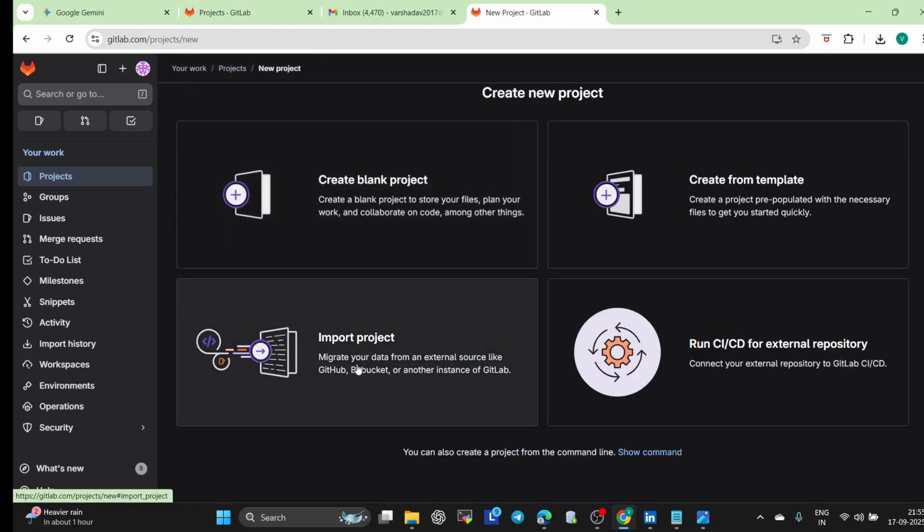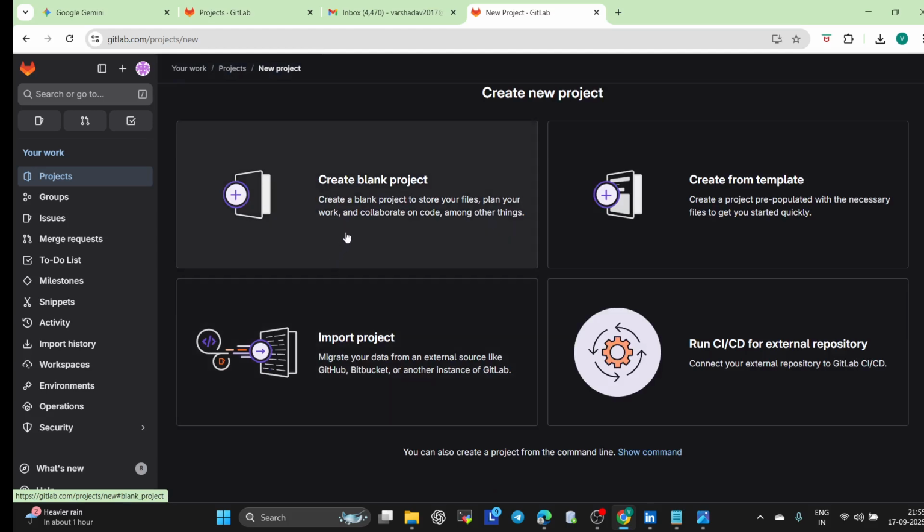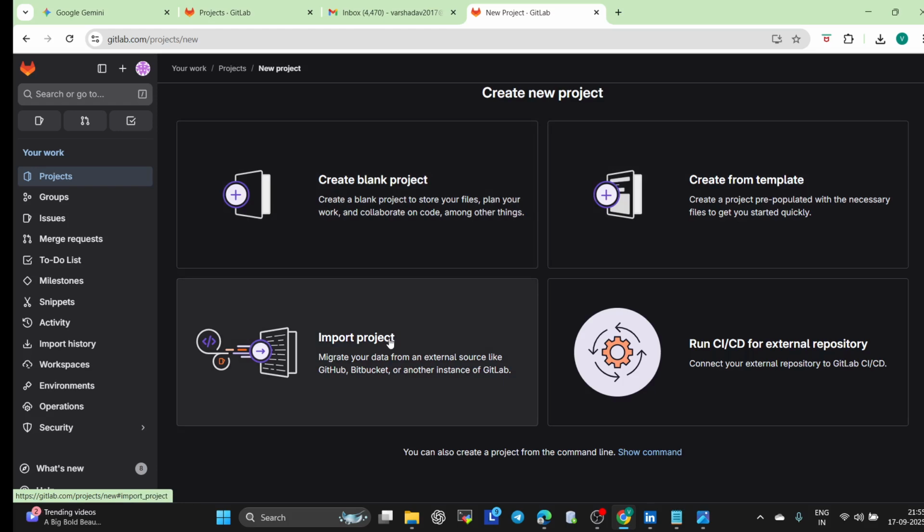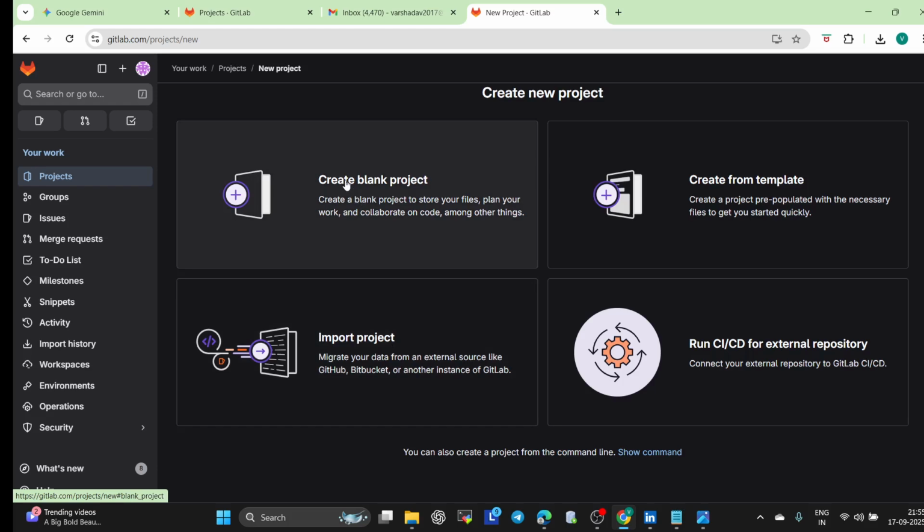If you want to import some project, you can import from your GitHub account. You can create a blank project of your own, or use some template. Before import, if this account is yours and you didn't create any project, where will you import the thing? That's why I'm just going to create a blank project,